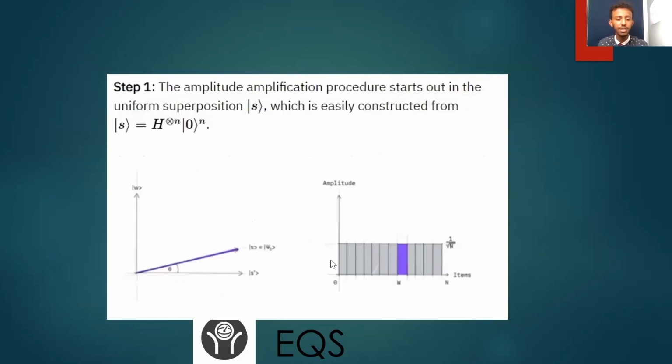The first step is that the amplitude amplification procedure starts out in the uniform superposition, which is easily constructed from the Hadamard transform of a zero vector